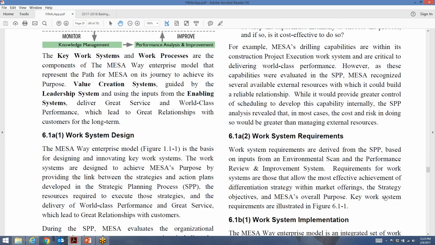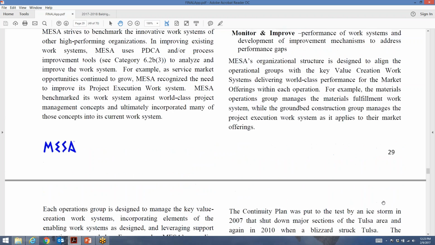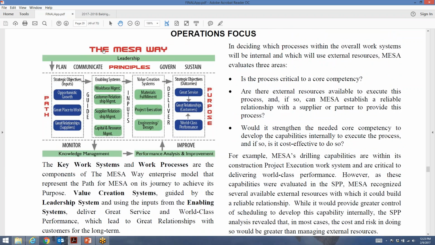Okay, moving right along, coming into category 6. Category 6, I would have a picture, and in this case, category 6 actually would be this picture. So I would have a picture of my key work systems or my key work processes. In this picture, we just included all this stuff because we were using it for a reason.